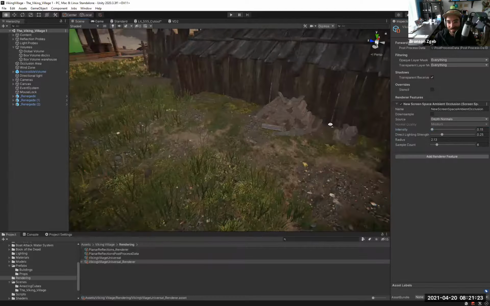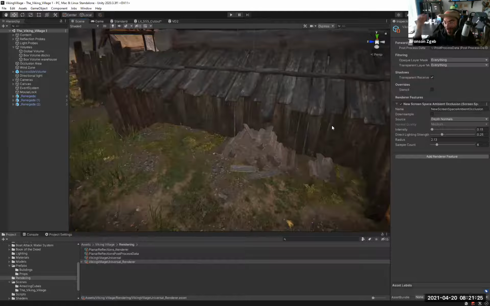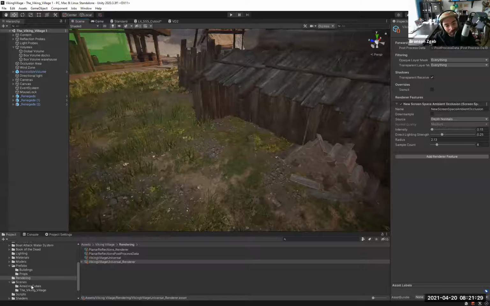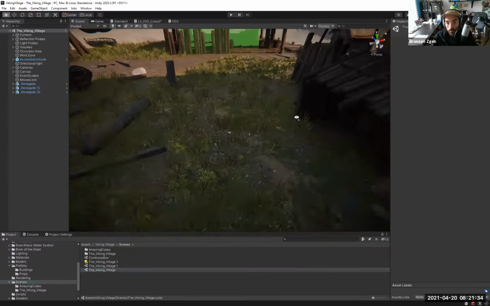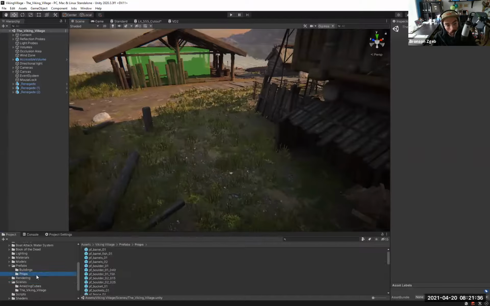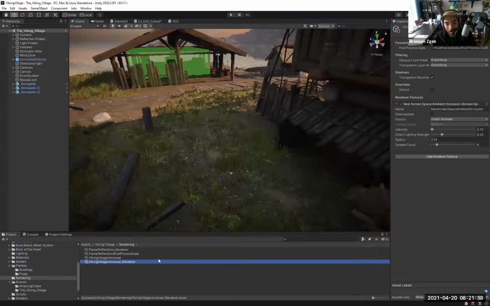Yeah, so that's the first feature. That's SSAO. We got it finally. I'm just gonna pop over into this other version of the scene. I should probably set those settings back, eh?